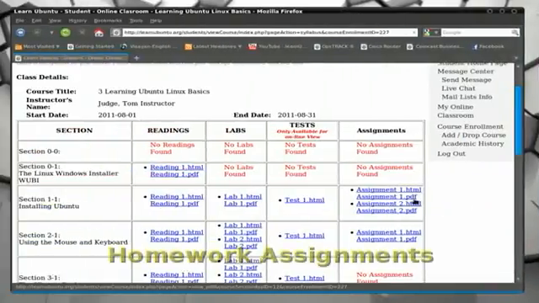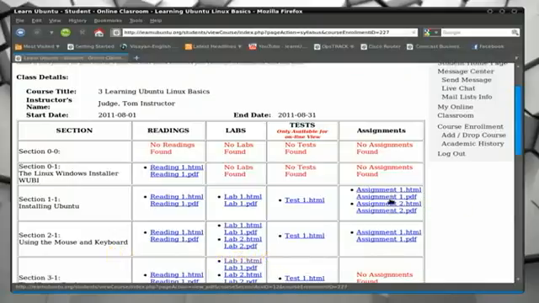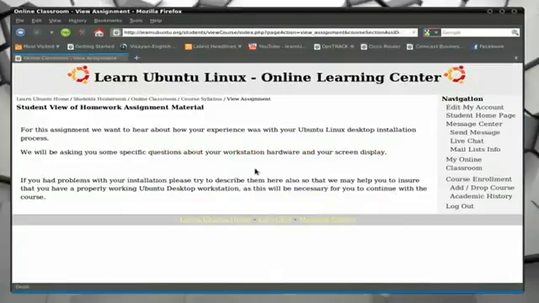Now, homework assignments are fairly straightforward, and again, you have the option of looking at them via HTML or taking the PDF and saving a copy or printing it. In general, a homework assignment is carried out by either creating a Word document and emailing it to your teacher, or emailing your teacher or instructor directly. Usually it's a little task we give you to do to help you learn by getting you some hands-on, unsupervised